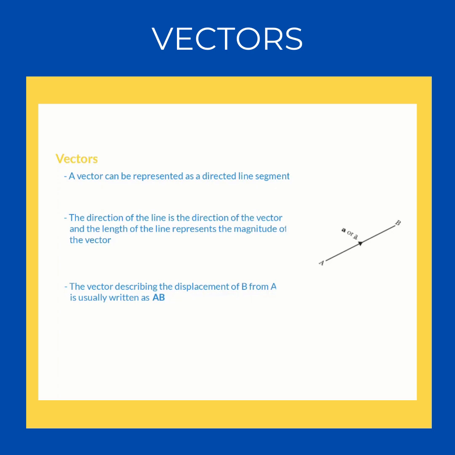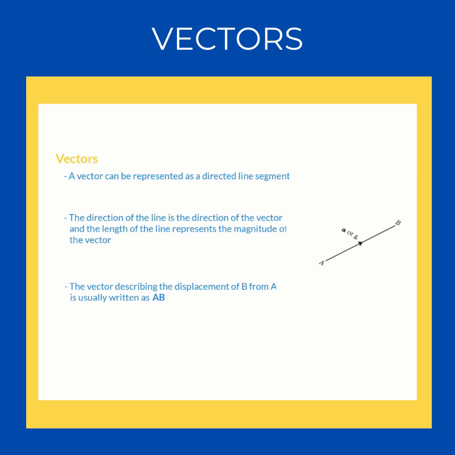So in this lesson, our topic is about vectors. A vector can be represented as a directed line segment, which means a line with a known direction. The direction of the line is usually the direction of the vector, and the length of that line is the magnitude of the vector. And if I want to represent a vector describing the displacement of B from A, we